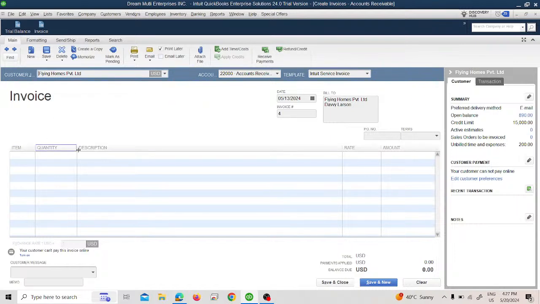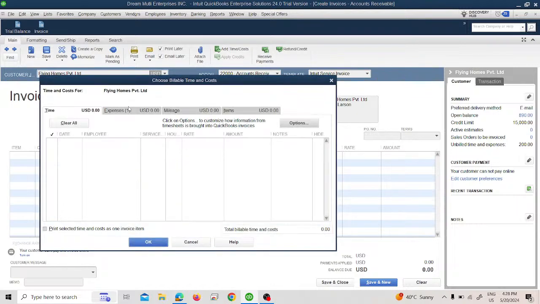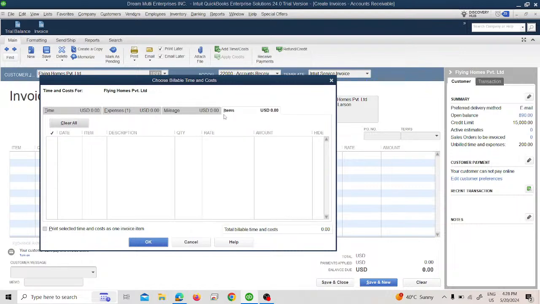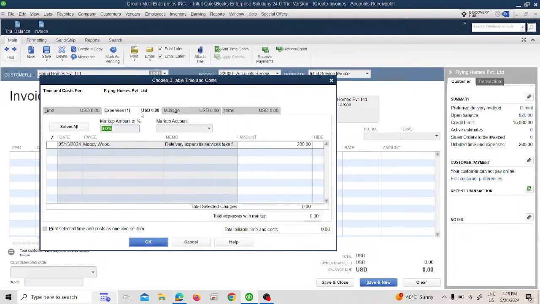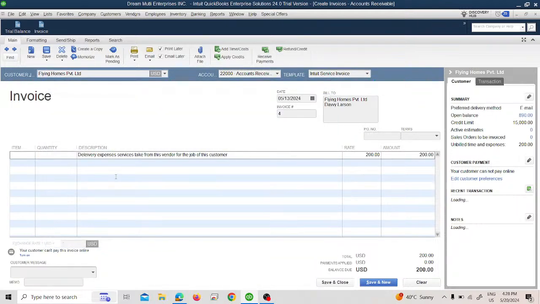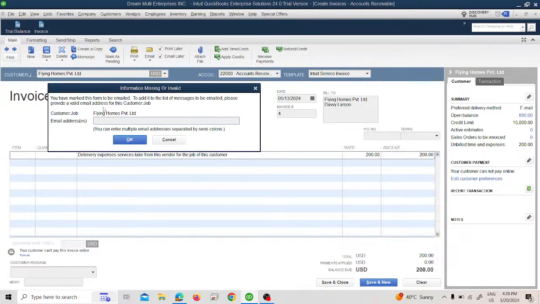Now you can write an invoice as you want, but if you want to add that time and cost, you will just click on cancel here and you will see it up here. Suppose you have these 4 options, what you want to invoice here: the items, the mileage, the expenses, and the time. You can select this markup account and click OK. Now the bill that you have received comes up here and you can create this invoice. When you click save and close,